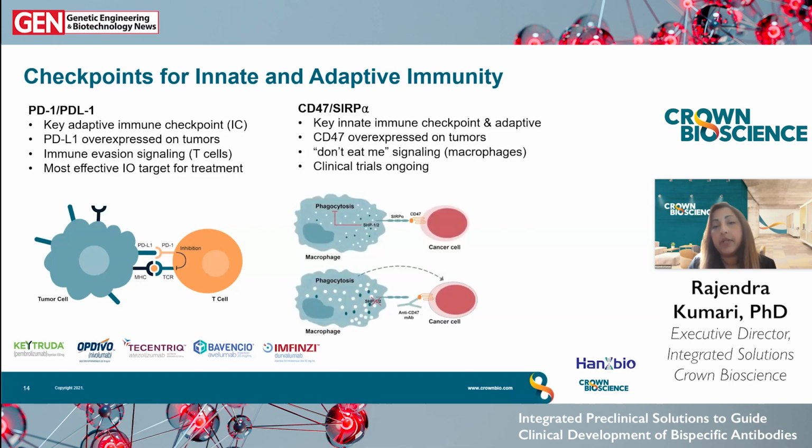So CD47 is a don't eat me receptor. It's often overexpressed on cancers, where CD47 high is associated with poor prognosis. And its ligand, SIRP-alpha, is found on the surface of phagocytic cells like the macrophages and the dendritic cells, and this blocks phagocytosis. And this CD47 SIRP-alpha interaction is critical to both innate and adaptive